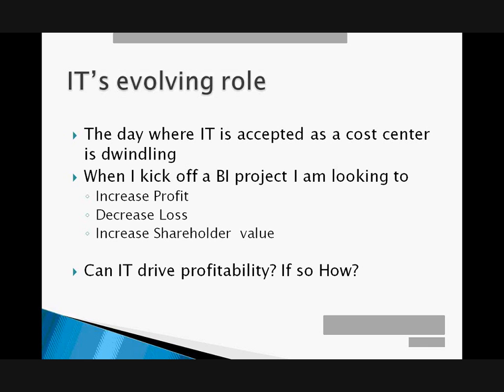There are some tremendous ways to do it, but how do we begin to identify those ways and go after them? You'll notice on the slide here that whenever I kick off a BI project, and I work as the SQL Business Intelligence practice director here at Neudesic, so I kick off a bunch. One of the things that I'm constantly looking for is how can I increase profit, decrease loss, increase shareholder value, so that when we get done with this BI project, there's actually some sort of manifestation of some return